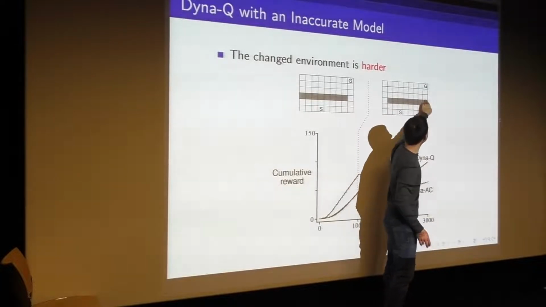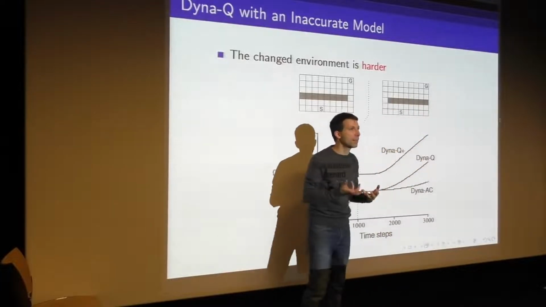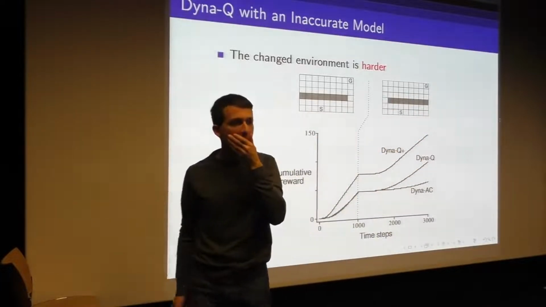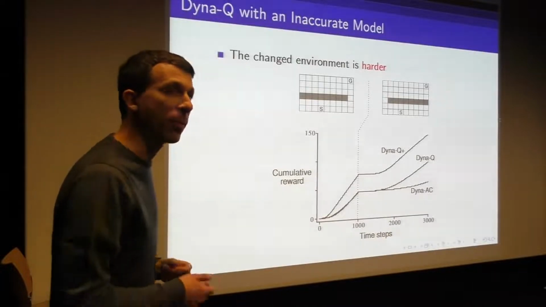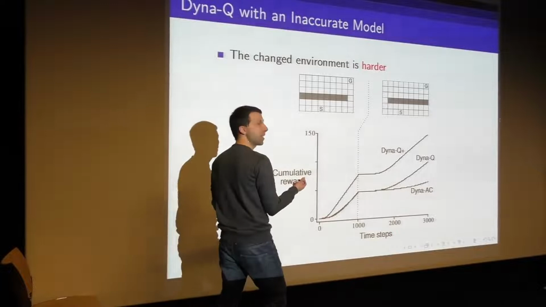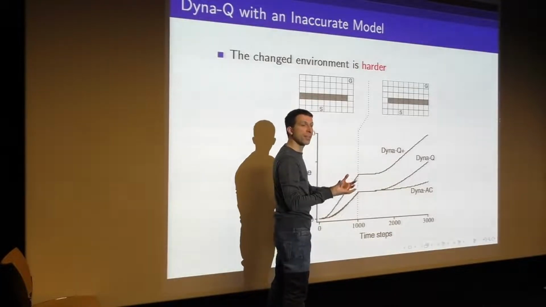And even once you exclude that, you then have to try other things again and figure out that there's something better. Yeah? On the left-hand side of the graph, why did DynaQ+ rise more quickly? Because it explores more effectively. Because DynaQ+ has a bonus that helps you identify new parts of your state space and learn about your model